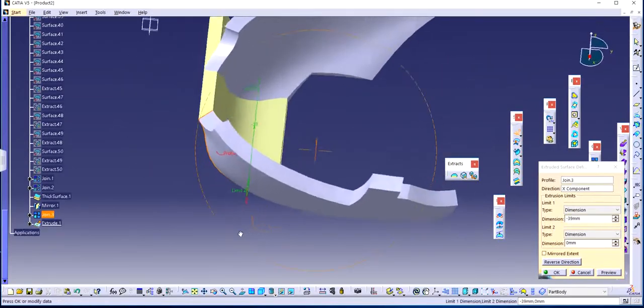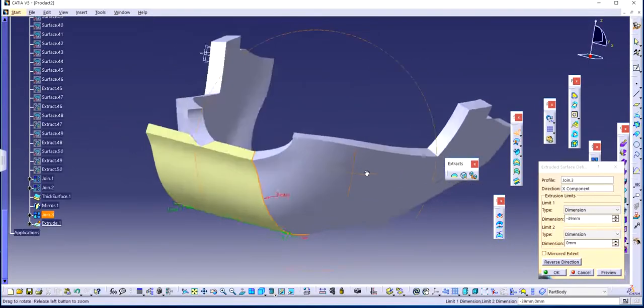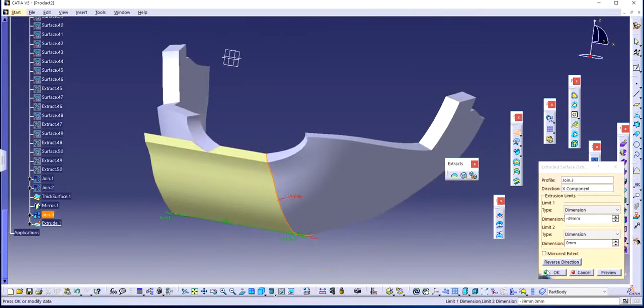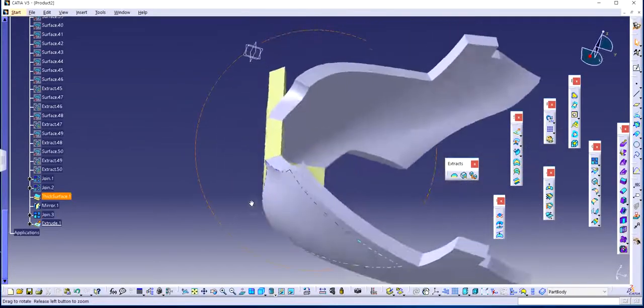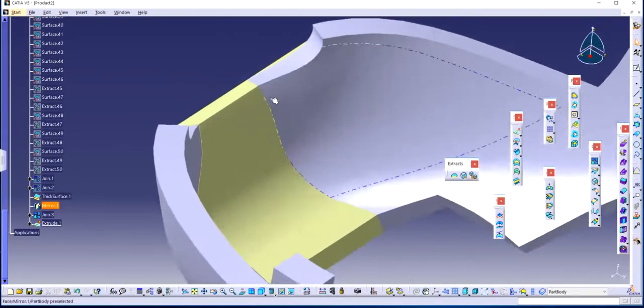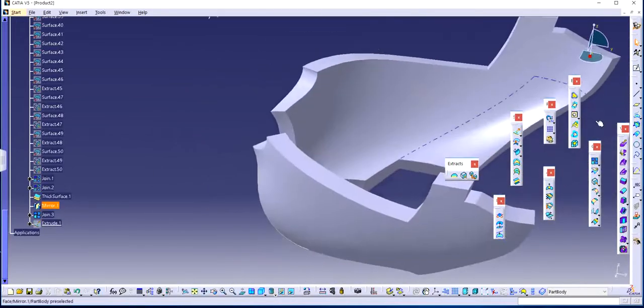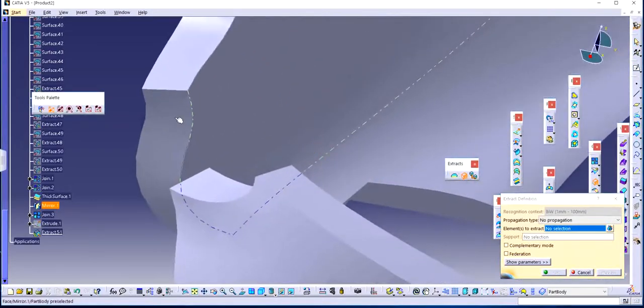The overlap, you can delete the extra lines, extra part. You're going to delete it. And then you're also going to make another extrusion right here. For now, I'm just going to hide this. I'm going to extrude or extract on this side as well. The same thing. Extract this extra element